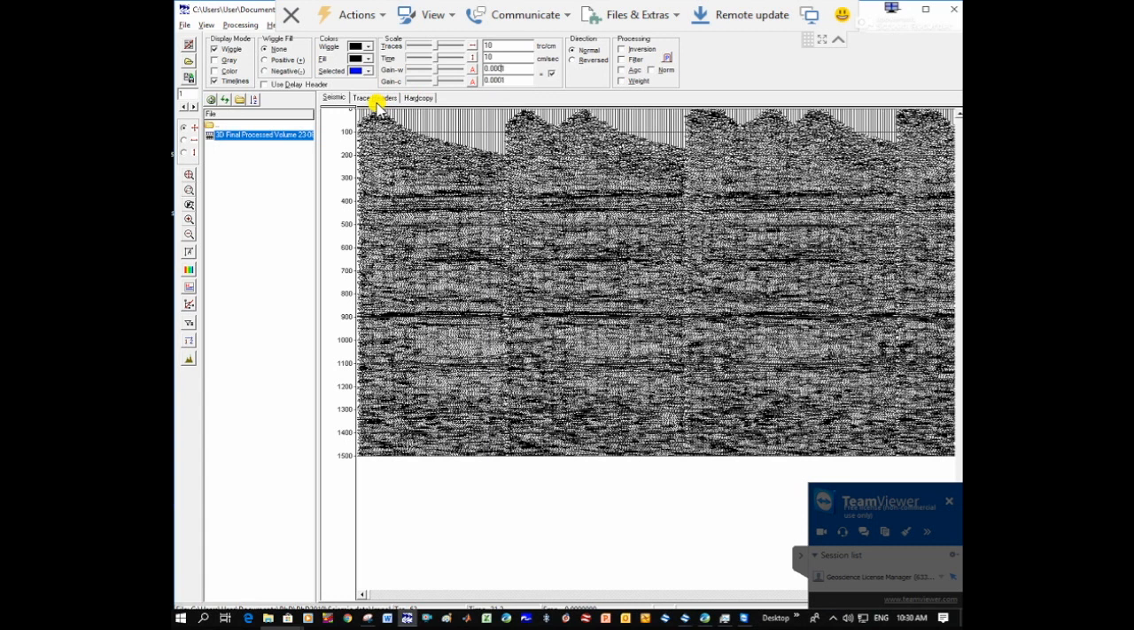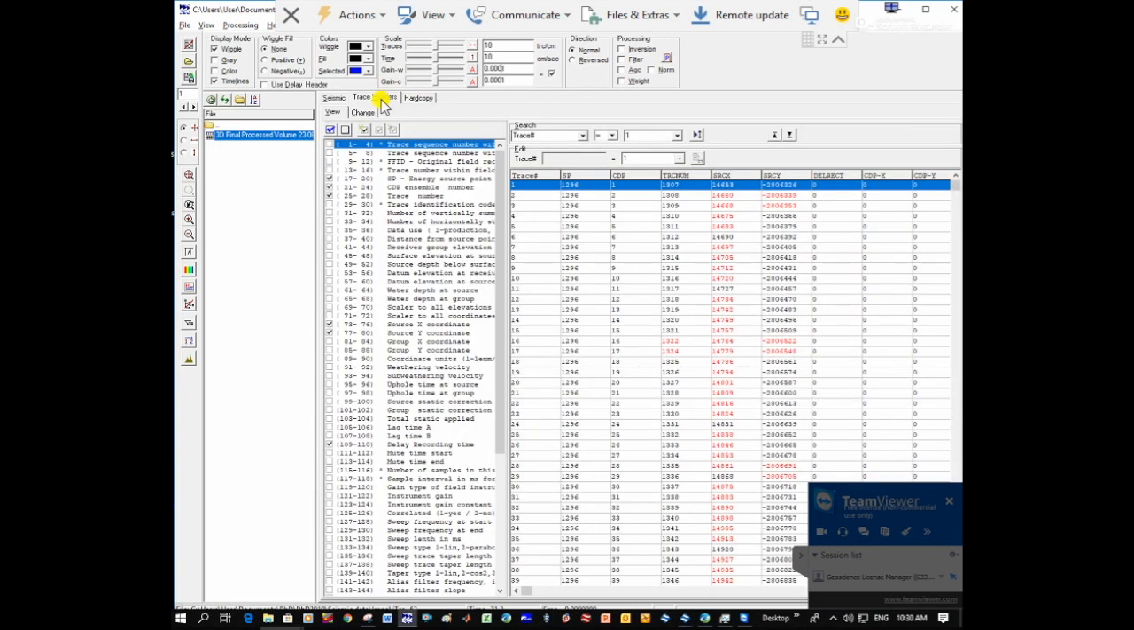Everybody go here and click on trace header. That's what we used it for the other day. And this I find is one of the easiest, quickest ways to view what's going on in the headers of your SegY files. And so you can see,